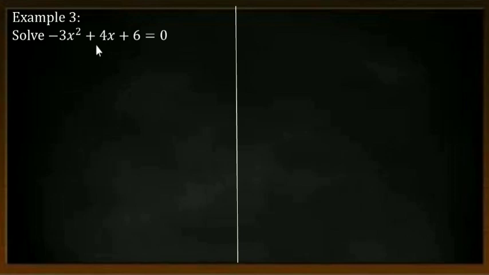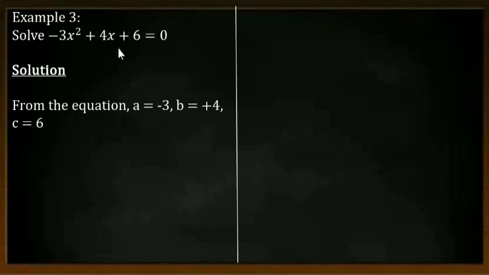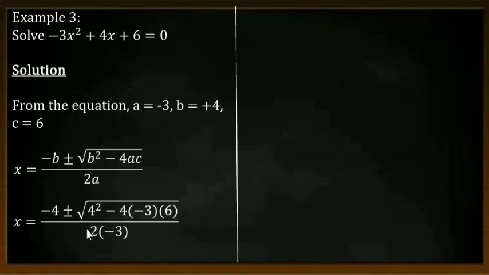Taking another example, which is example 3, when we have minus 3x squared plus 4x equals 6. So the first step is to compare the equation which we have at hand with our standard form. So we realize that a is equal to minus 3, b is equal to plus 4, and c is equal to 6. Alright, writing out our quadratic formula, the next step is to input the values of our a, b,